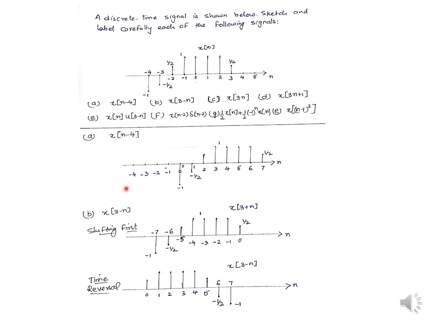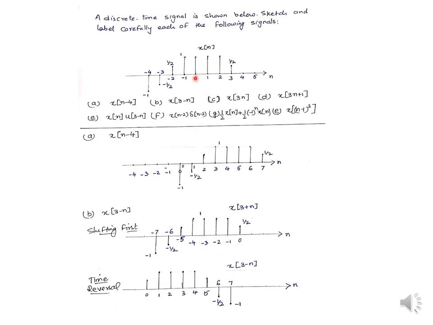So we will shift this signal by +3 value. We are not considering the effect of the negative sign, because we are going to bring it in when we use the time reversal. So it will be 3 plus n. This signal will be shifted to the negative side by 3 values, or you can say you are advancing the signal x[n] by +3.